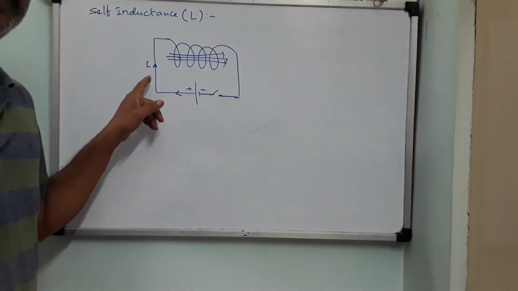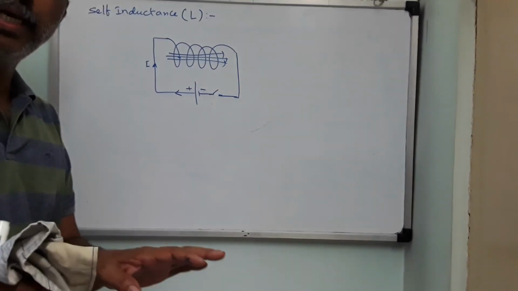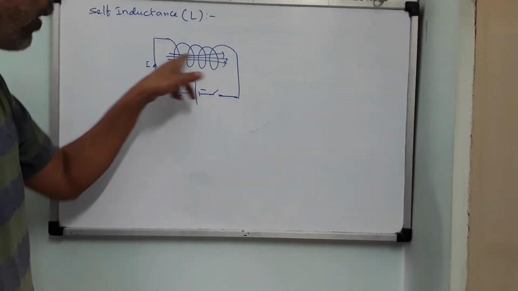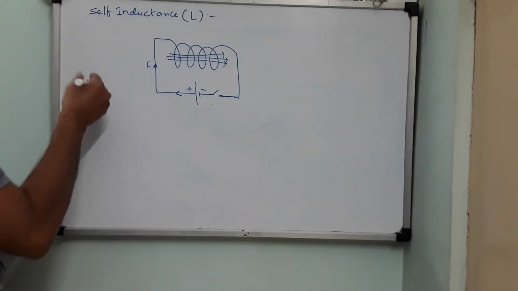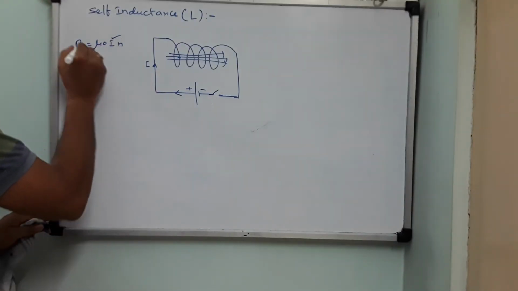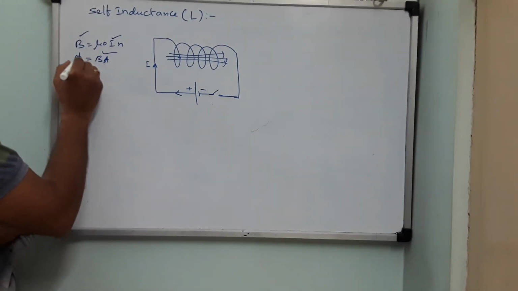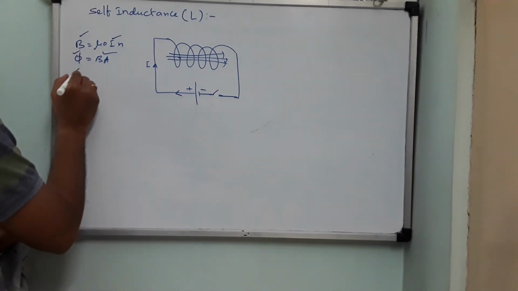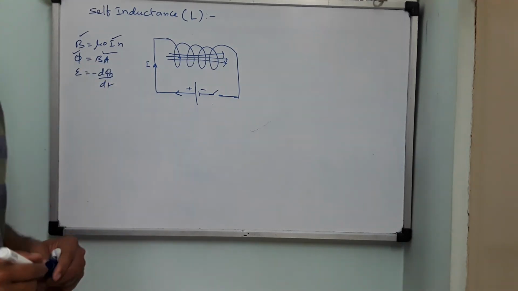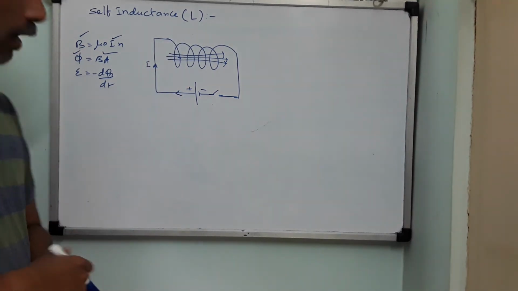So what is happening? Because of this, current is increasing from 0 to some value and from some value to 0. I told in the previous class, everything is time consuming. Because of this change in the current, this magnetic field also will change. What is the link? B equals mu naught into I into N. Now you are producing change in the current, so the field will change. Because of this, flux phi into B, as B is changing, flux also will change. Because of change in the flux, E equals minus d phi by dt. That is, you are inducing EMF in the coil.